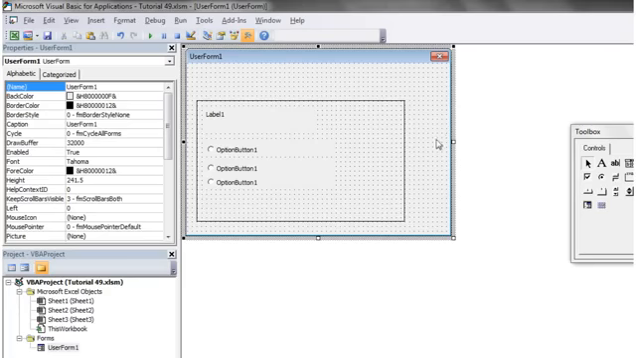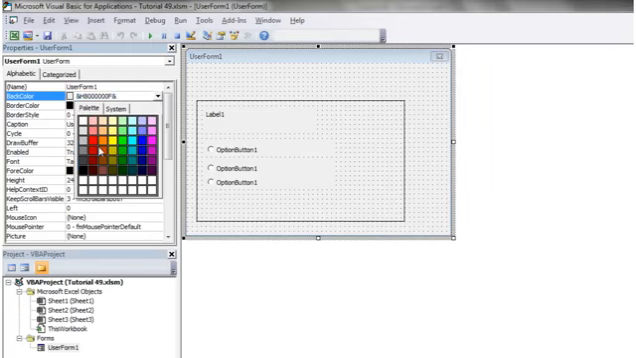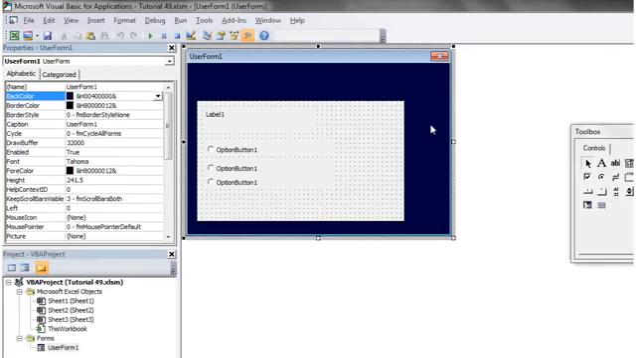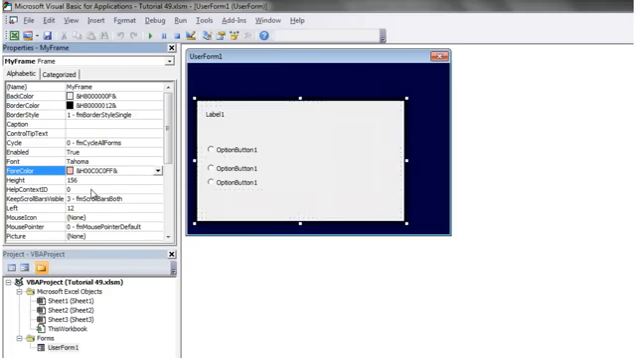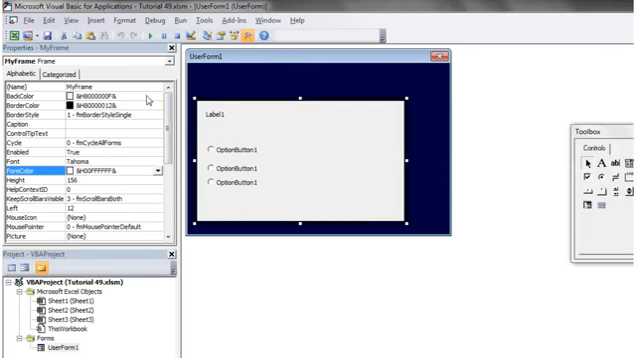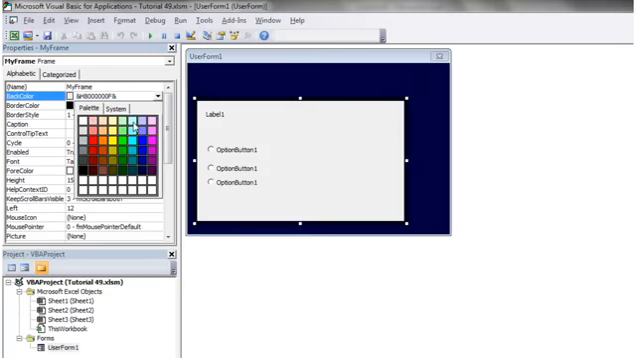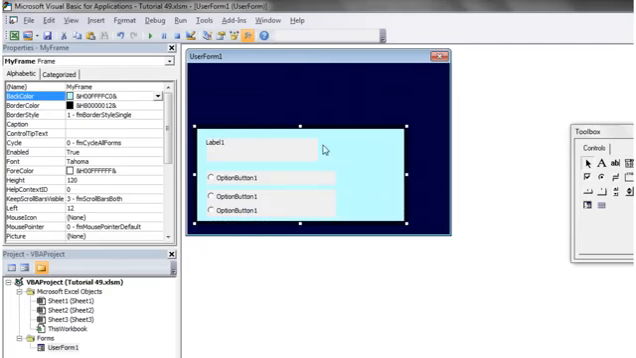and let's just make it pretty. So let's change the back color here to dark blue, and then change our frame back color from grey, have it as a light blue. There we go, that'll do. So there's our frame,